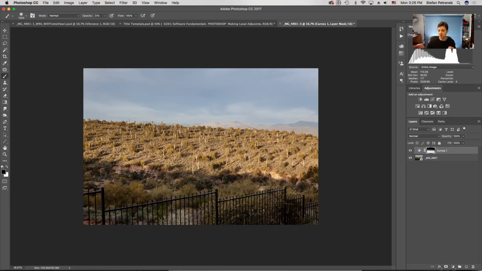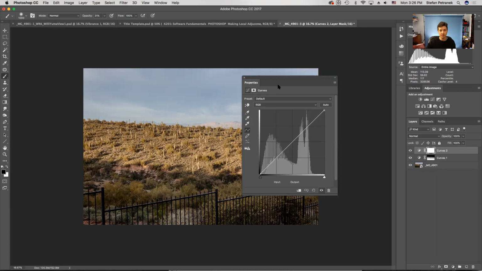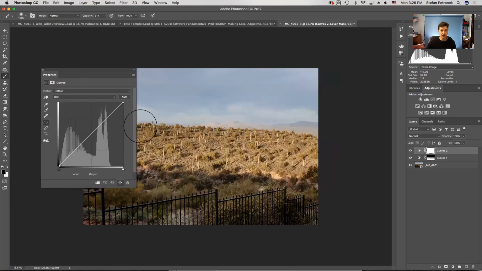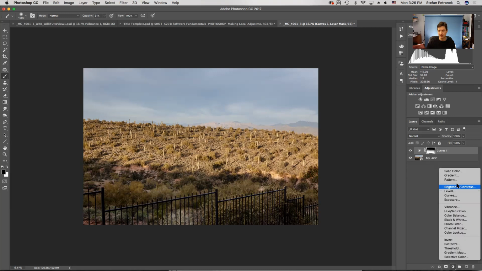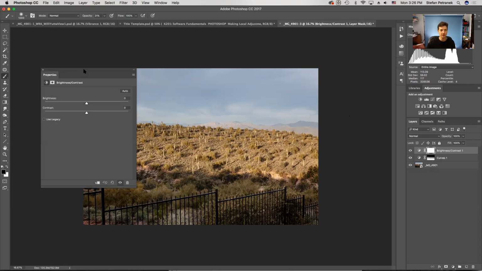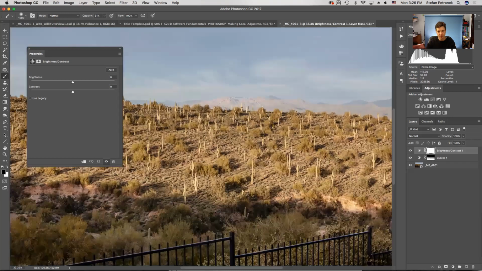So I'm just going to go ahead and make another curves layer, or maybe, yeah, I really love curves. I can do so much with it. But we could use brightness or contrast too. Yeah, maybe we'll do a brightness or contrast. I'm gonna delete that by selecting it and deleting it. So let's make a brightness contrast. I don't normally use brightness contrast. It's not nearly as much control as curves or levels, but